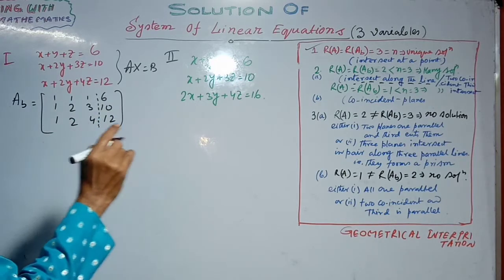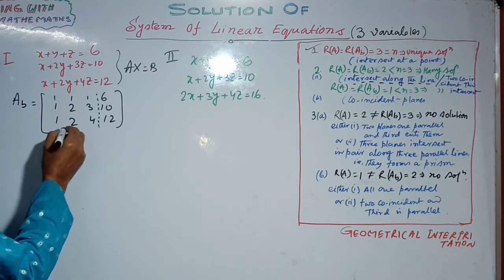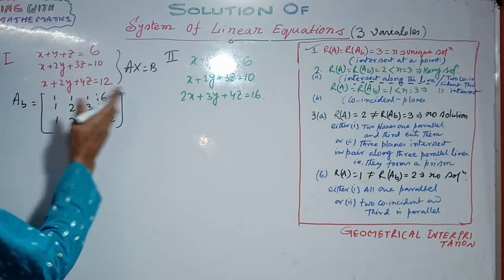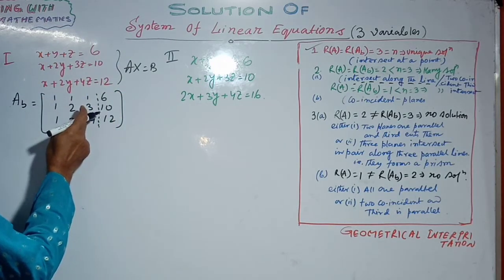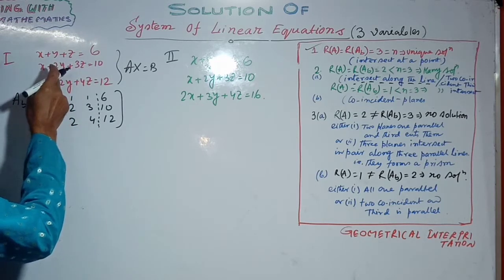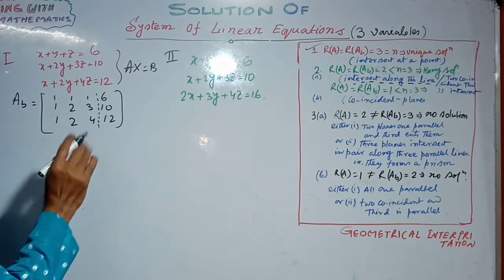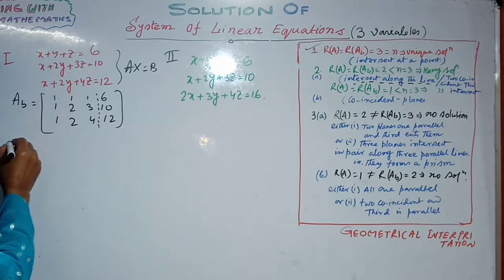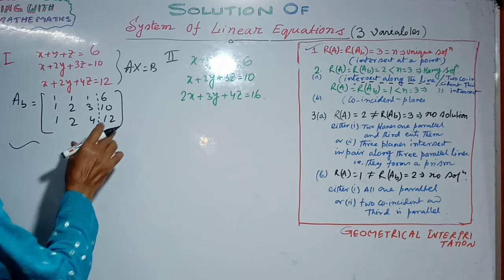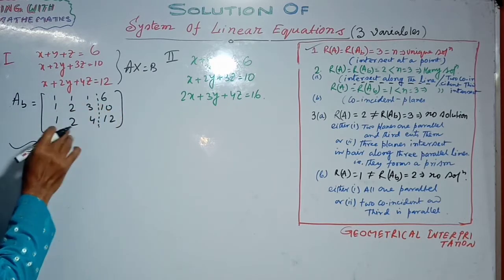Now, we use only elementary row operations, not column operations. If we operate a column operation, then 3 minus 2 is subtracted, that is, the coefficients of y and z and y are subtracted, which is not admissible. We only use row reduction, that is, we have to find the row rank.